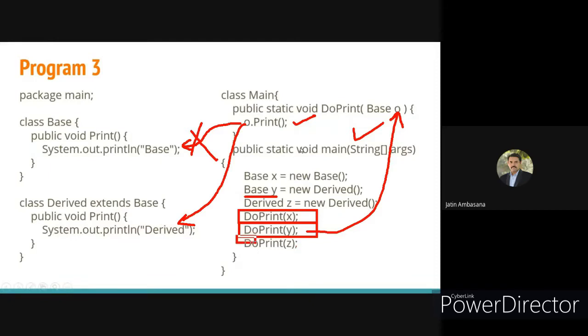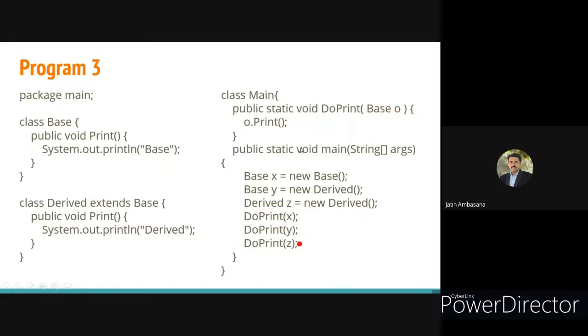And then the third call is do print z. Now, is this possible? Won't this give any error? Yes, guys, tell me. Is this last line possible? Yes or no? Please let me know.